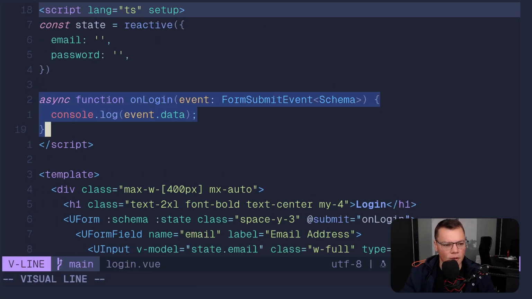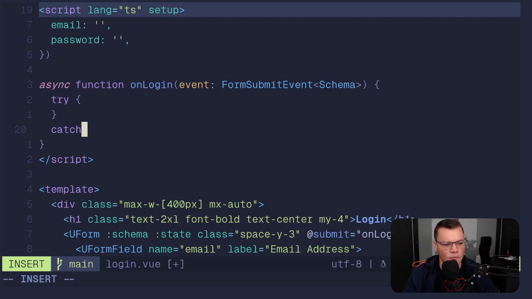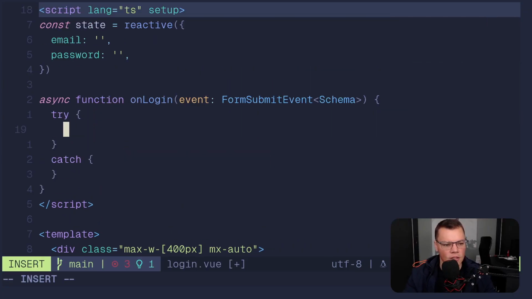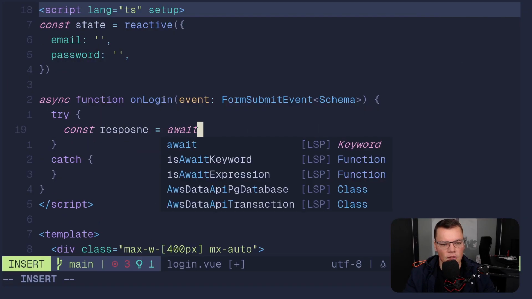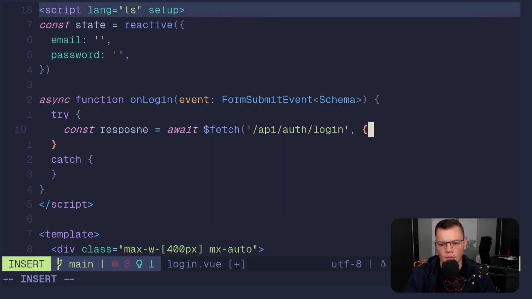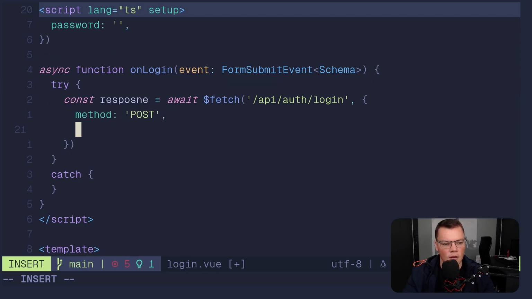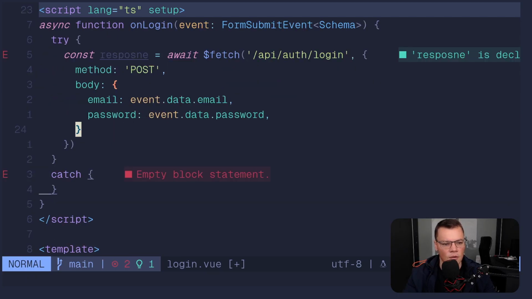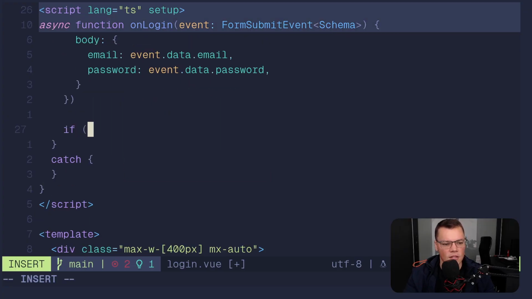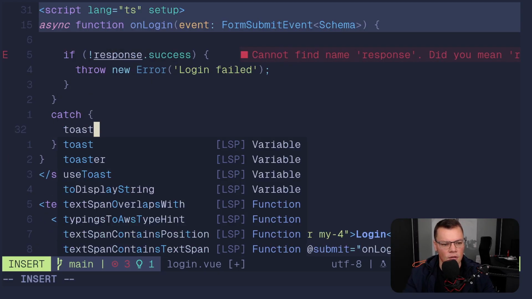And obviously nothing will happen because we haven't defined our login route. So it's going to be the same flow. We're going to say const response equals await fetch API auth login. The method is going to be post, and the body is going to be all of that. And then we're just going to say if no response.success, we can throw new error, and then over here say